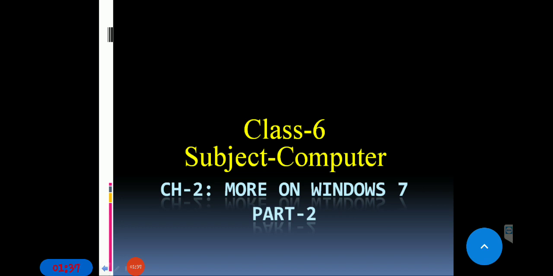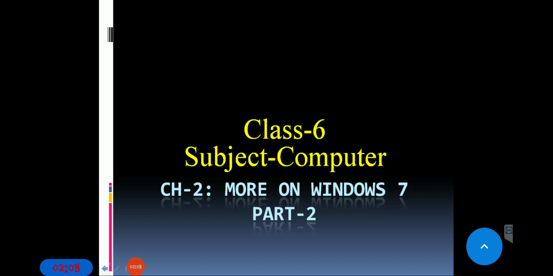So this way Windows Media Player is used to rip and burn CDs. Ripping and burning both relate to the word copying, but the work of these two things is different. Ripping a CD means copying from CD to computer, and burning means from computer to CD.